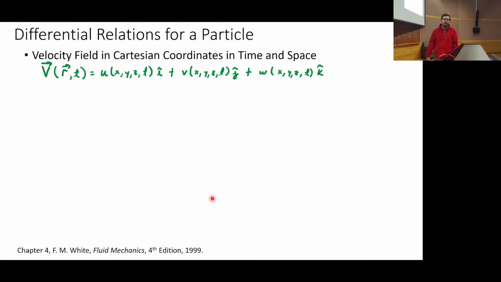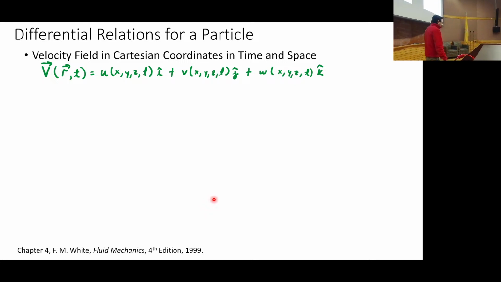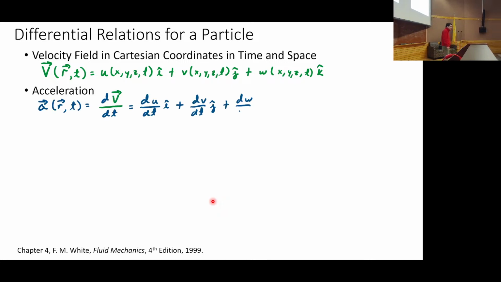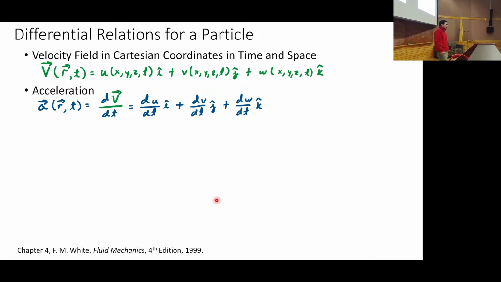Okay, so now you've got this u for the velocity in the x direction, v for the velocity in the j or y direction, and w for the velocity. And actually, when you look at it, it's like, hey, that's not that complicated. Okay, acceleration, you take a derivative of it with respect to time. And this is a dv dt. And it is